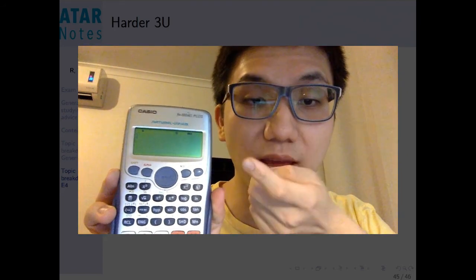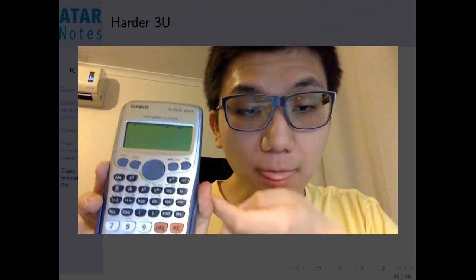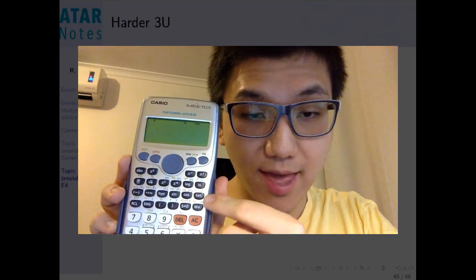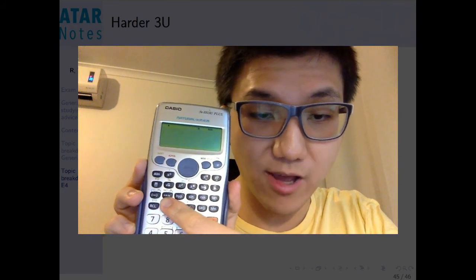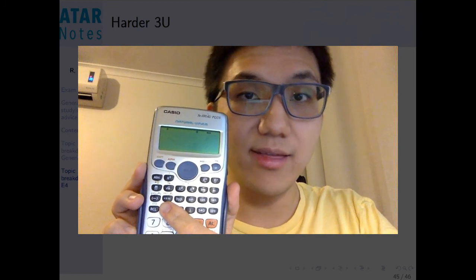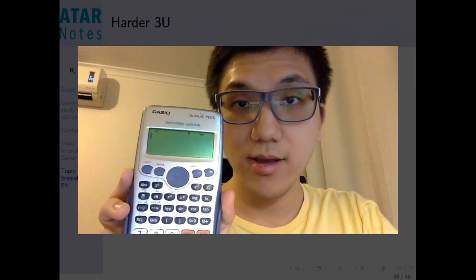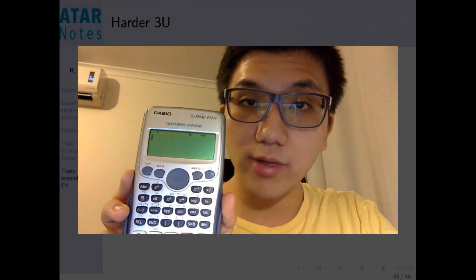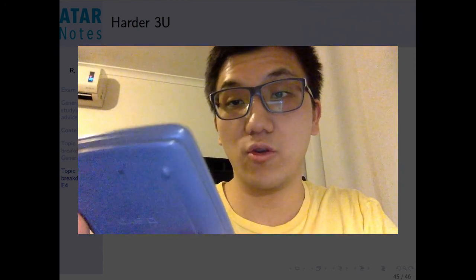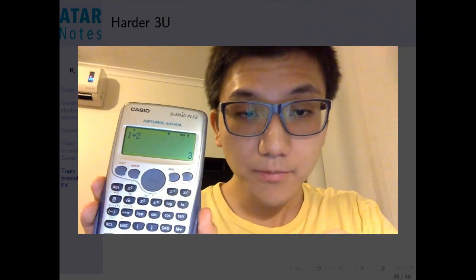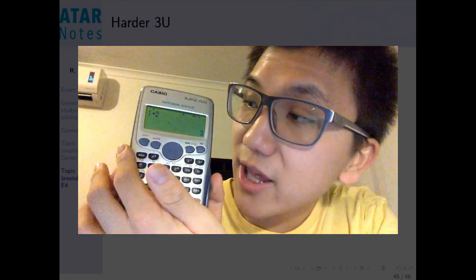For your 3 unit exam, so I'm back in my normal mode now, you might want to consider how this STO button works. What this does is allow you to store your numbers. So what you can do here is type anything, I'll just type 1 plus 2, which gives me 3, and then I'll type Shift